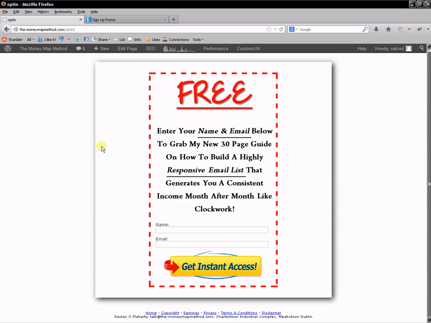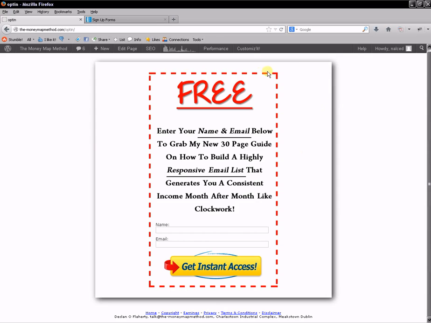You're not given any trust up front. It's like advertisement. People don't know what they're going to get. They're going to give you fake email addresses, or else if they give you an email address, they're not going to open your emails. In this way, people actually believe that you're actually trying to help them. Okay, and they know that you're not trying to trick them into opting in. I hope that makes sense.